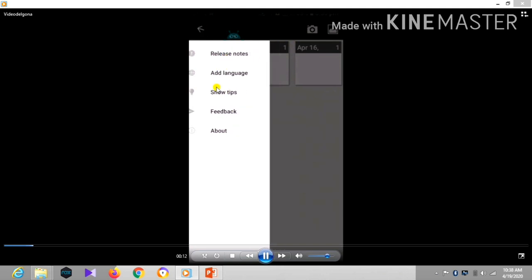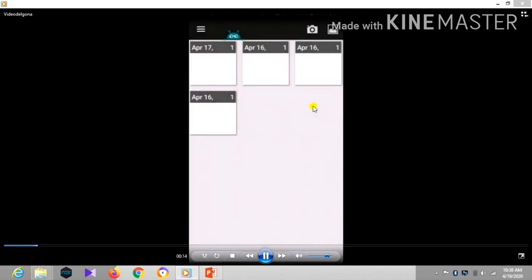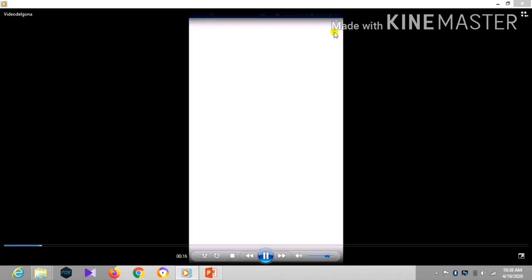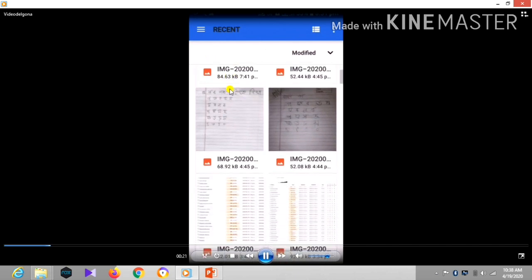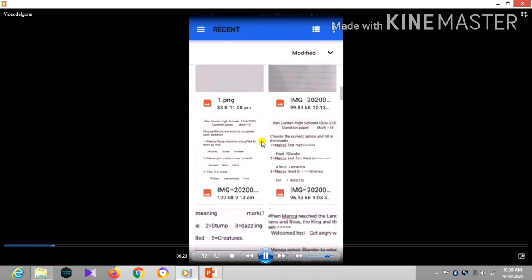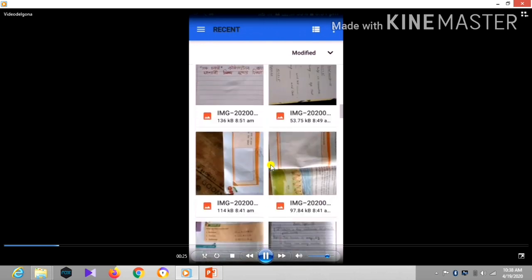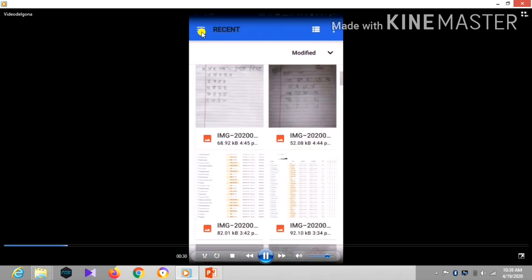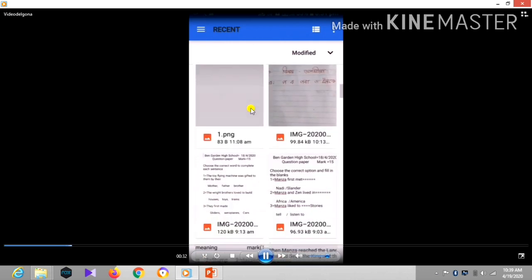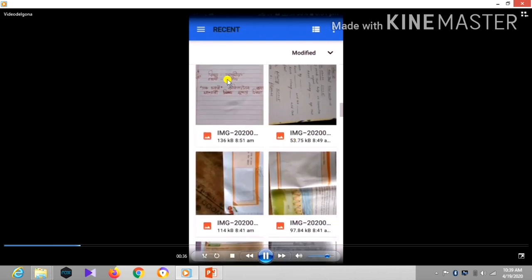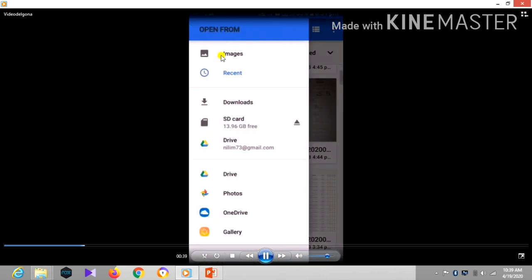You see all the options here, and you just click on that image. But one thing you remember, you cannot copy the handwriting image. So any kind of image, you choose from the file. Choose any file which you want to copy the text from.